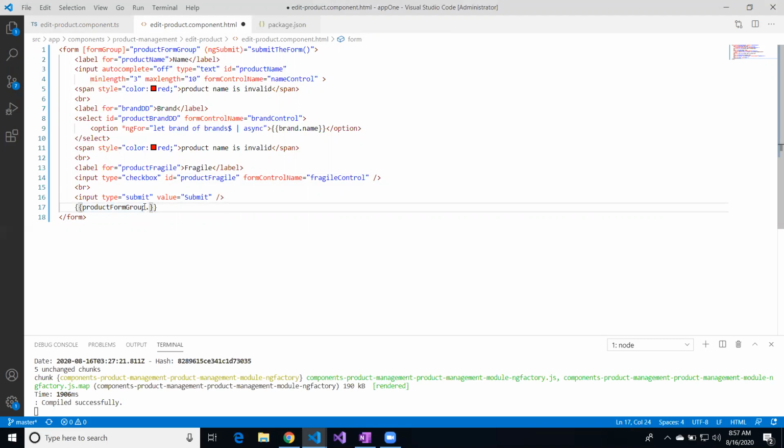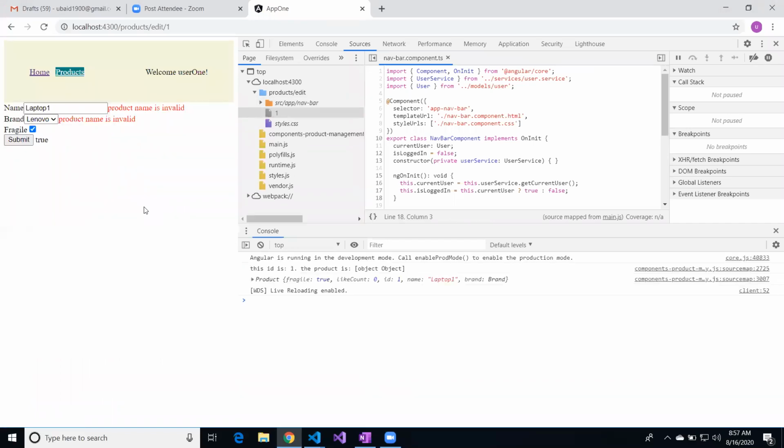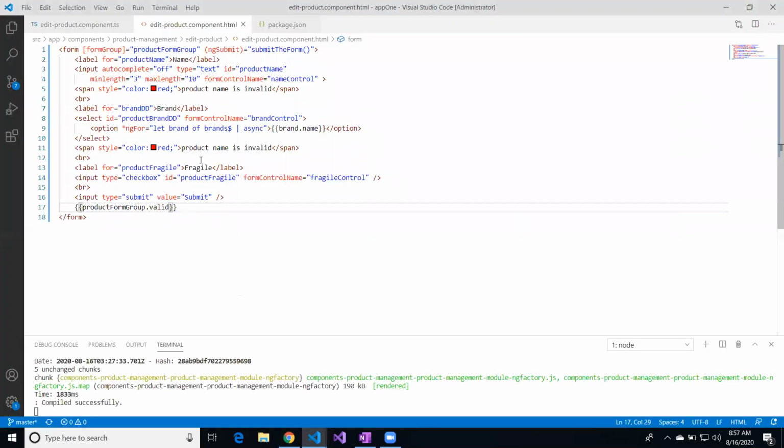Let's see the valid property of that. Because this is again deriving from the abstract control, which is of the type form control, they have the definitions of all the properties that we have seen earlier, or the state of the form, if it is valid or invalid,